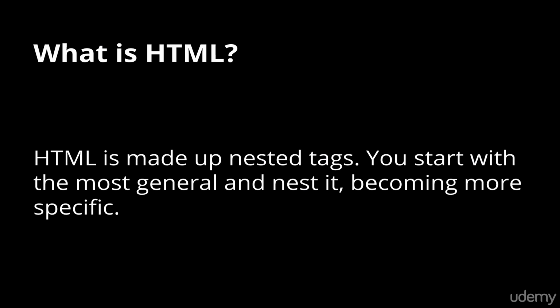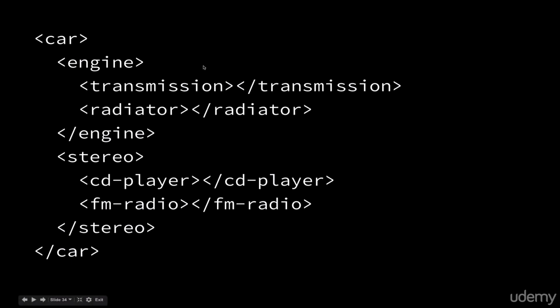Like for one container, you'll have your oatmeal, and then another container, you have your fish or rice. So let's look at some more examples to better understand what I'm saying here. So here we have a car. The most general tag is the car. And as we become more nested, it becomes more specific of what is in the car. So the car has an engine, which has a transmission and a radiator. Also in the car, but not in the engine, is a stereo, which has a CD player and an FM